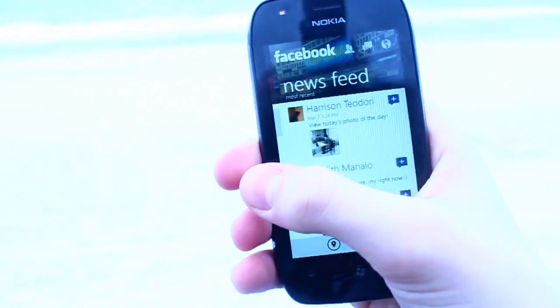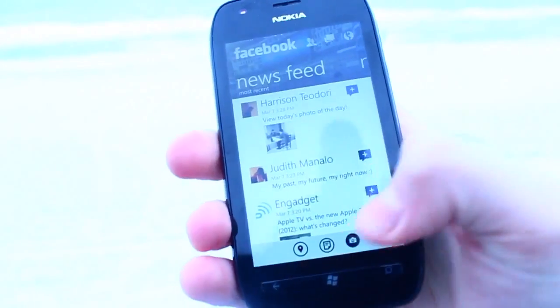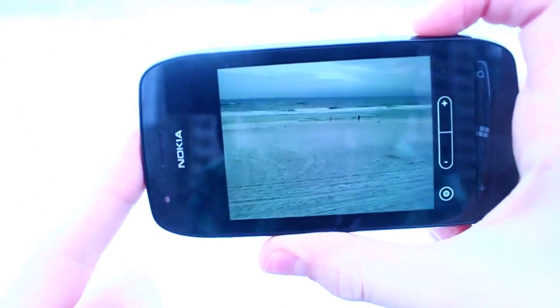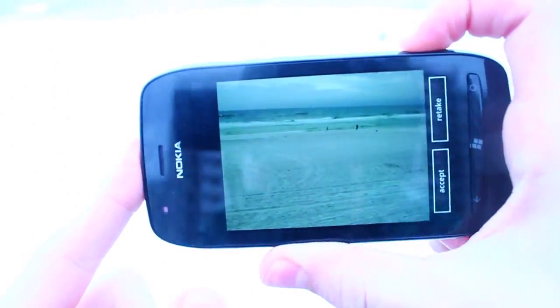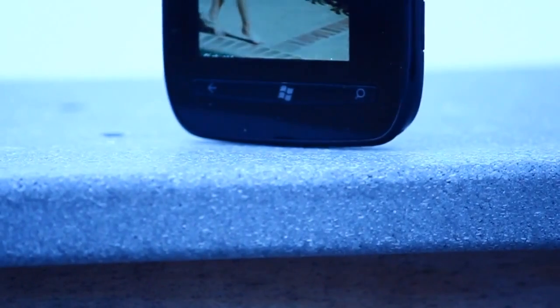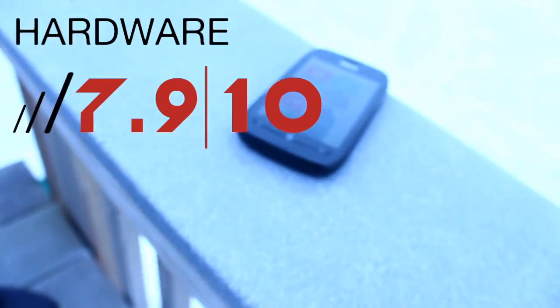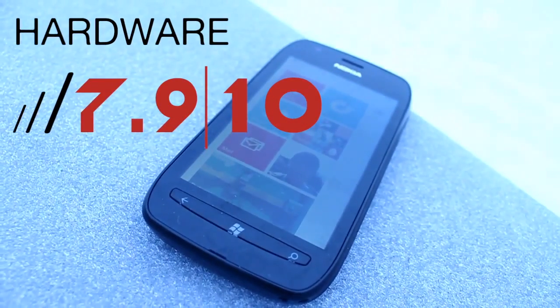Overall though, the hardware on this device is very solid, fits in the hand very nicely, takes relatively good pictures with its 5-megapixel shooter, has a bright screen and good color saturation, and has solid hardware buttons on the side and on the bottom of the device for the back, Windows, and search button. The camera button is a little bit sticky at points, but the volume rocker seems relatively okay, and the top power button is very, very good. So overall, the hardware on the Lumia 710 is really great for the price range,